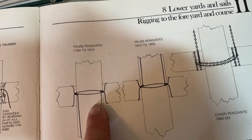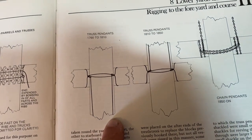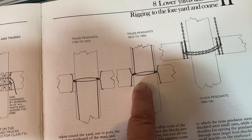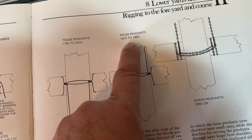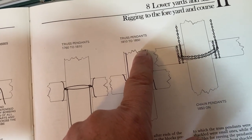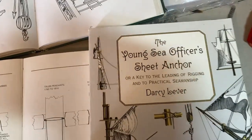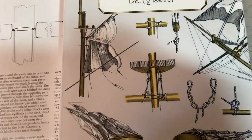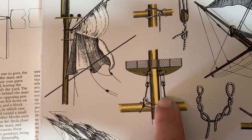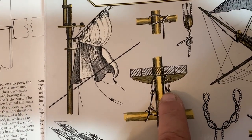The two methods, up to 1810, one leads downward to the mast, or to a pin or to a bit on the deck, and this one that I'll be using here, because that's about the timeline that I am on, goes up to a block and goes through a single and a double and goes down to the deck. And on this particular book, it just happens to show on the cover page exactly how that works. The single block is seized to a section of the truss, and it's tied off here, and